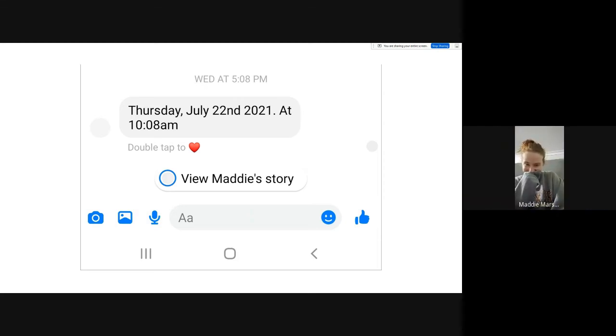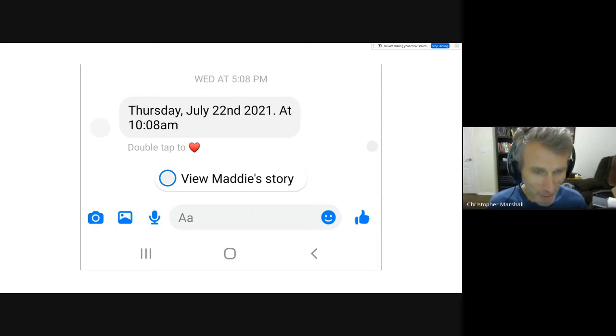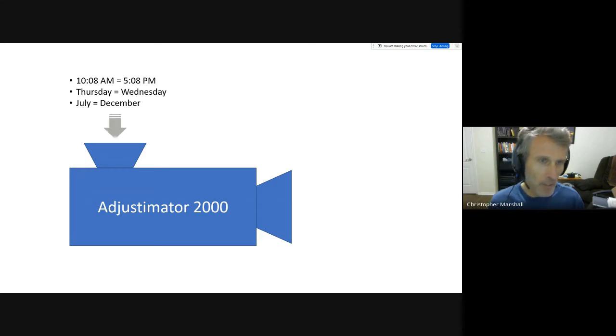My third data point comes in the time. She said it was 10:08 a.m. when in fact, you can see from the timestamp in the app, it was 5:08 p.m. So now I have 3 data points: time, day, and month. When we put those into the Adjustimator 2000 and it runs its sophisticated computational analysis, we get